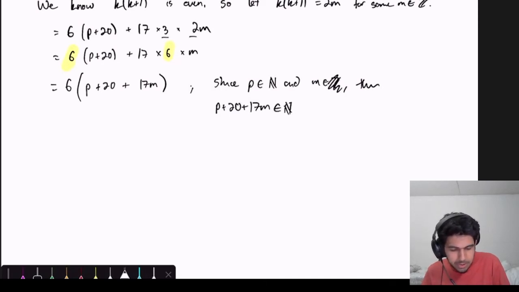I think m is actually going to be in the natural numbers. I might have to double check that. But regardless, this will be in the natural numbers. So we have shown,